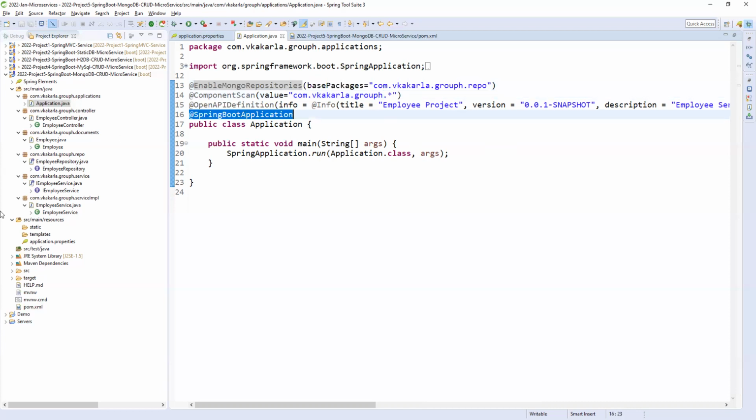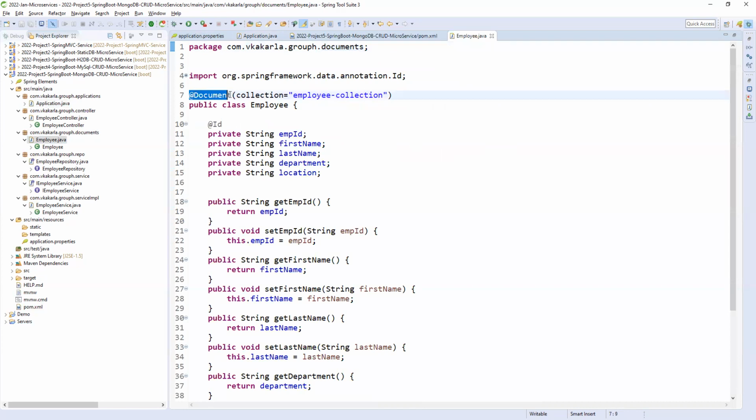Okay. So at the @SpringBootApplication. Now you can see instead of entities here, I written as documents, right? So a little bit of terminology. Employee document is there. So @Document, the collection name is employee collection, right? You can give simple employee also, no issue. But we are completely changing SQL to NoSQL, right? So for the naming convention, once I see this collection, okay, this is an employee collection, it means it is an employee table. So like that, you need to give specific names for easy remembering, right? So for easy catching, fine.